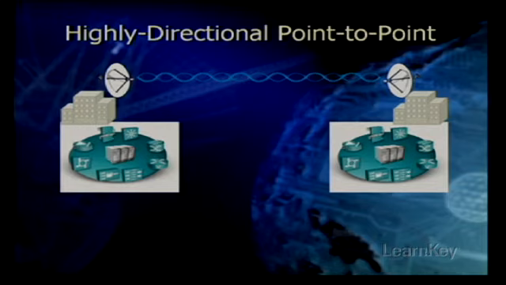Some models are actually referred to as parabolic dishes because of their resemblance to small satellite dishes. Others, which are called grid antennas, have a perforated design for resistance to wind loading as well. High-gain antennas, though, do not have the coverage area that client devices can use. These antennas are really designed for bridging or for connecting point-to-point communication links and can transmit at distances up to 25 miles. Potential uses of highly directional antennas might be to connect 2 buildings that are miles away from each other and have no line of sight